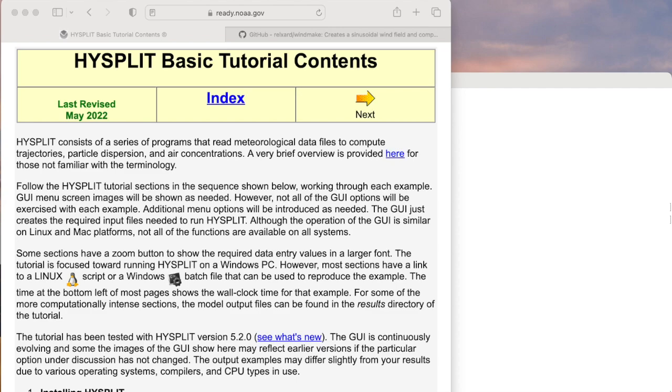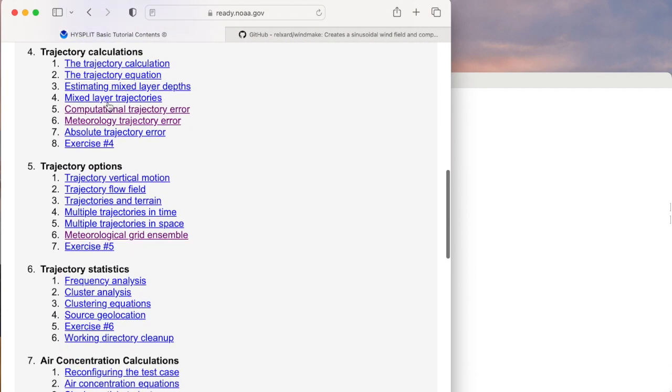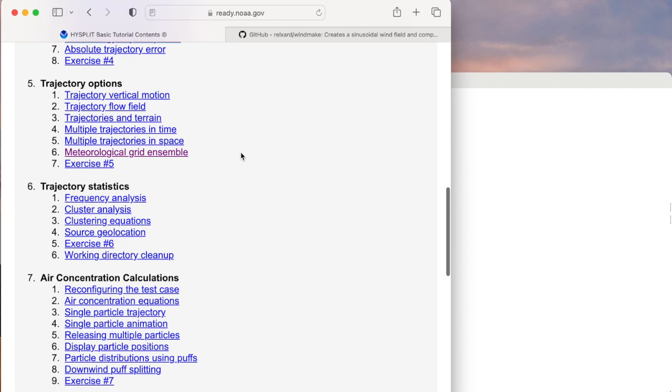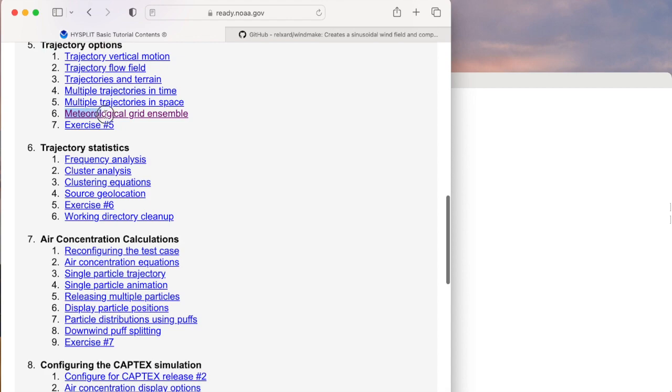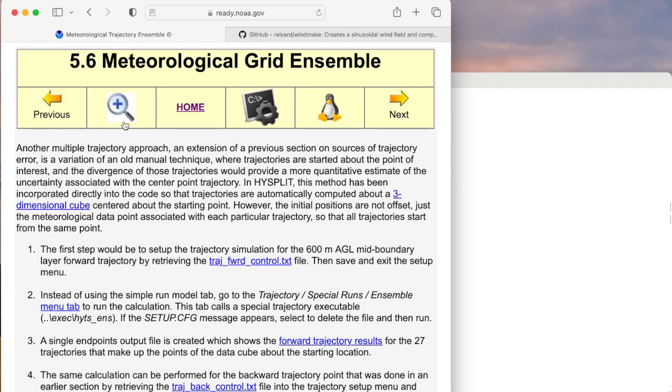In this video, I will be talking about trajectory error in more detail than what was covered in the basic HYSPLIT tutorial. Before proceeding, you should review the sections on errors resulting from the computational approach, the use of different meteorological data, and in particular, the suggested approach of multiple trajectories and ensembles to infer the errors that might be associated with any one trajectory due to the undersampling